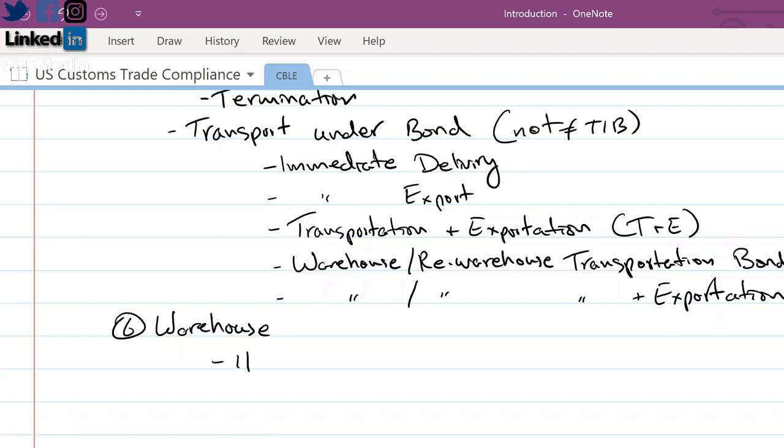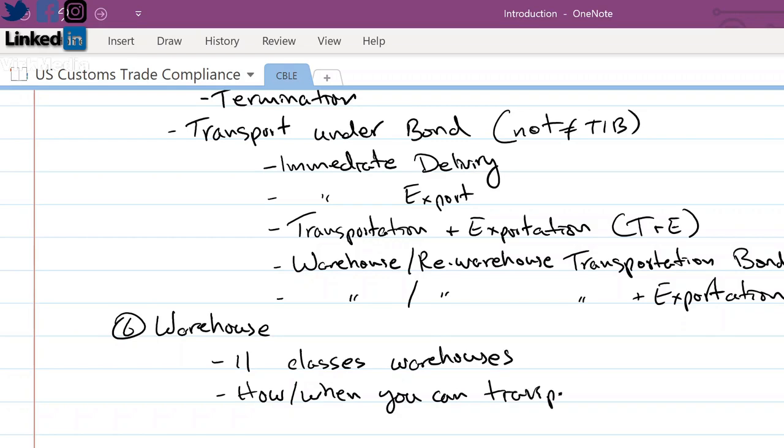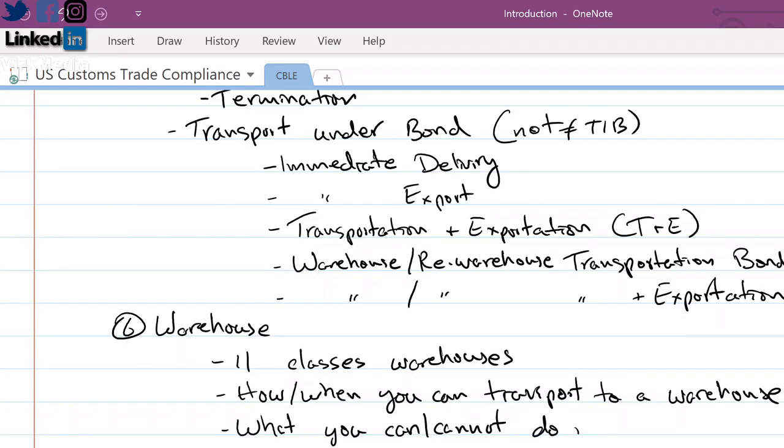We'll be discussing the 11 classes of warehouses, how or when you can transport to a warehouse, what you can and cannot do inside a warehouse with the shipment,